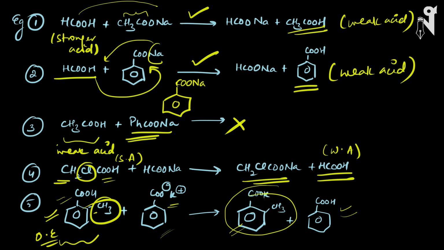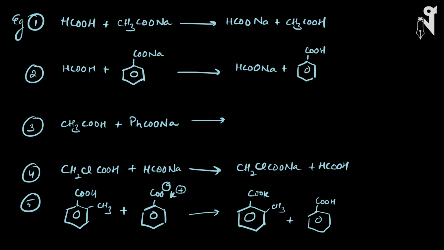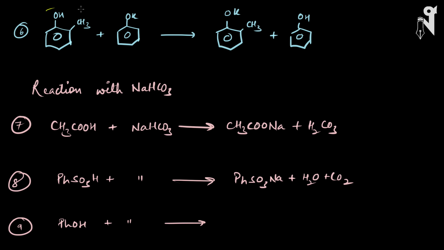Now exactly the same way we can have reactions with NaHCO3 also. But before that, let's see one more example. Look at this, we have OH and CH3 over here. It is an electron donating group, definitely will decrease the acidic strength of phenol over here. Here no ortho effect works, so phenol is more acidic. Here we have taken the salt of phenol, that is the potassium salt of phenol. Will this reaction be possible? Will this reaction be proceeding in this direction? No, I have written this like this. The reaction is not feasible.